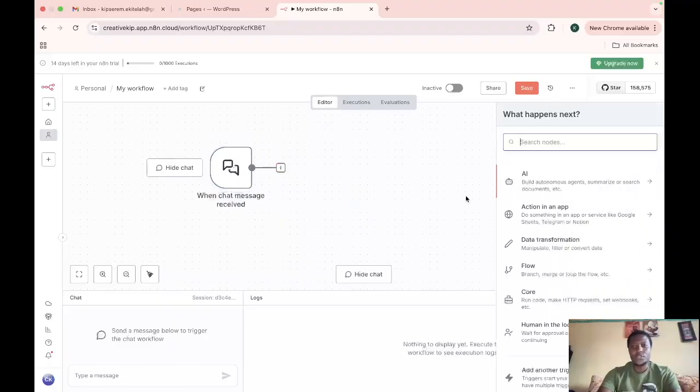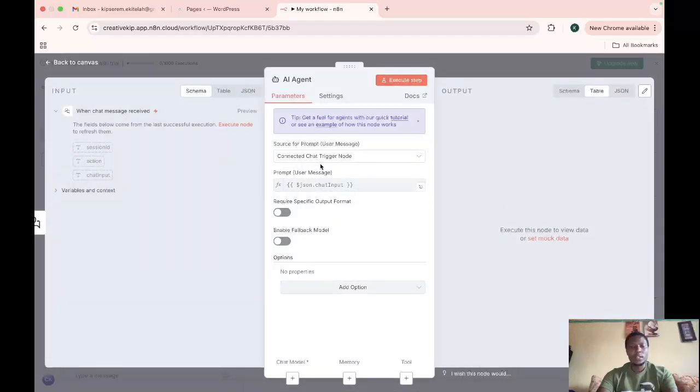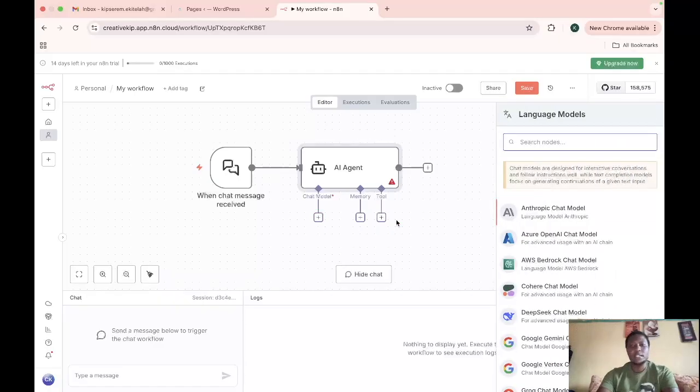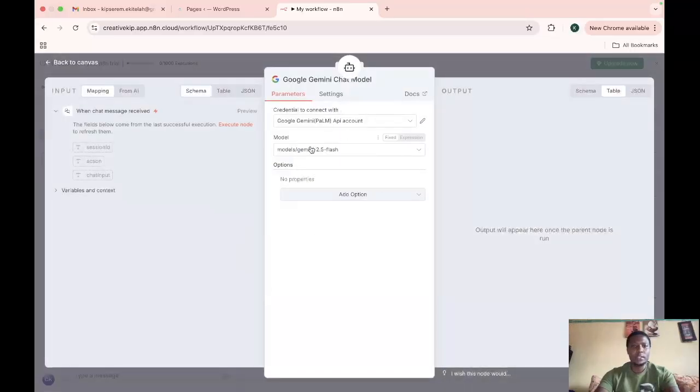So the next step is for us to add the AI agent, and if you've been following our videos, the main components of an AI agent, one of them is the brain, and we are going to use an LLM. For this case, you can choose to use OpenAI, but let me just use Gemini today. So we use the Gemini chat model,